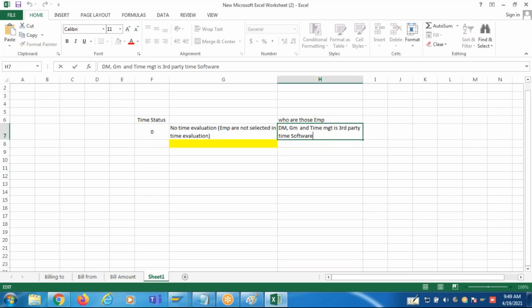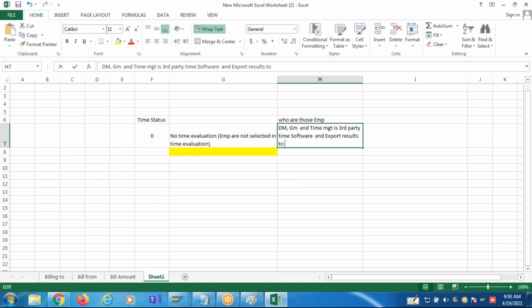For example, Kronos is one of the leading third-party time software. They perform the calculations in their system and directly export the results to the payroll, guys. Time is in third-party software and exports results to payroll in InfoType 2010.